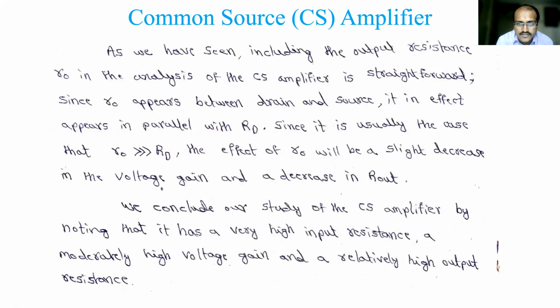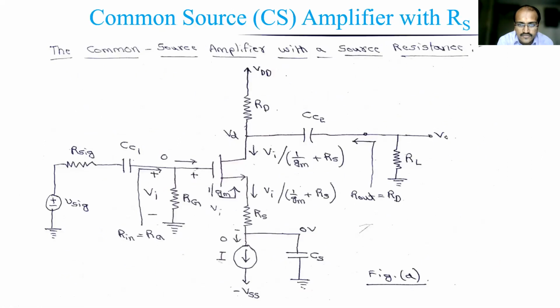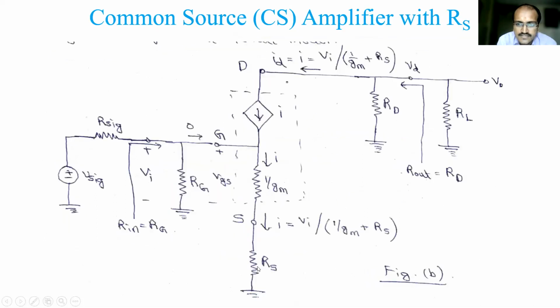Now we have taken the source resistance. When you include source resistance, there are a number of changes in the amplifier performance. Even the analysis has to use the T model, not the hybrid pi model. If you use the hybrid pi model, complexity arises again. Also R naught is not included here since it is a discrete circuit amplifier, so that also reduces complexity. That is the circuit we have considered here. At the source side, 1 by GM and RS are in series. That's why 1 by GM plus RS is there.